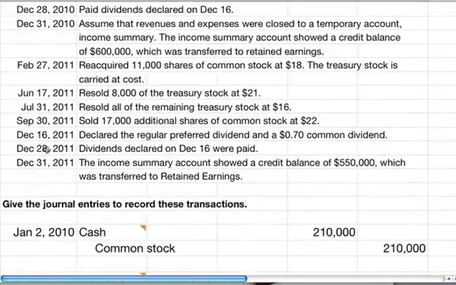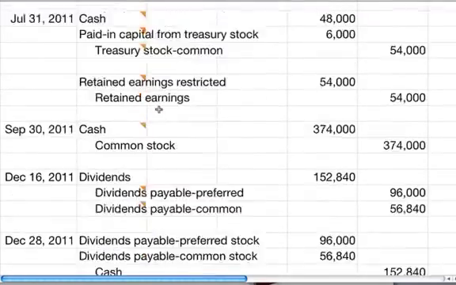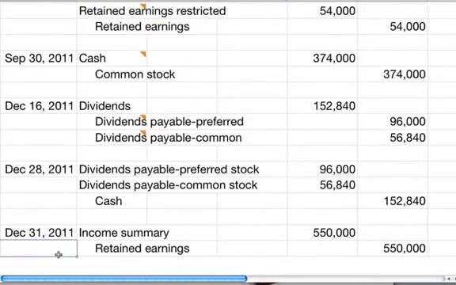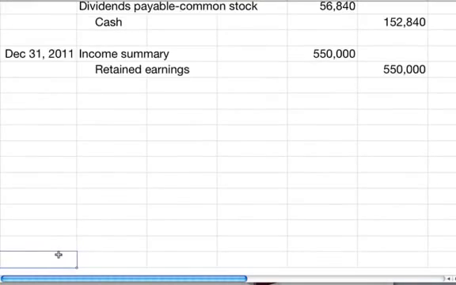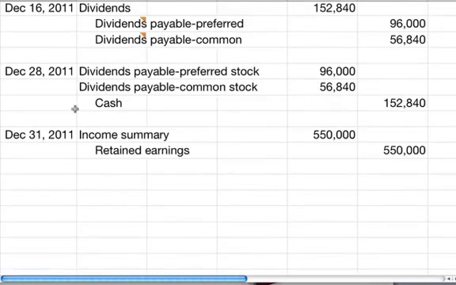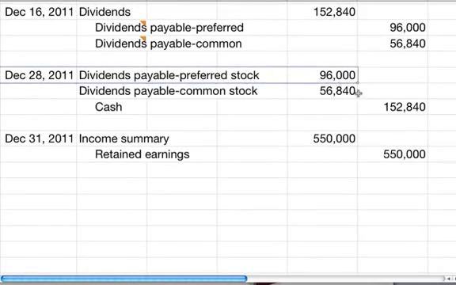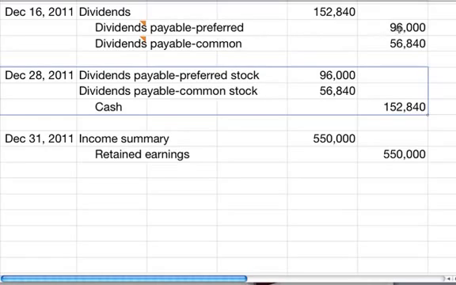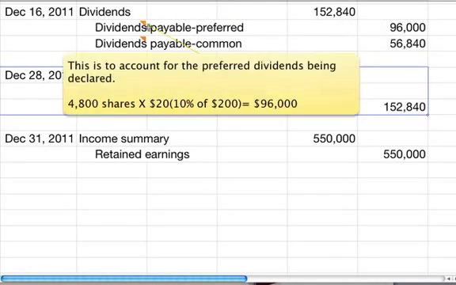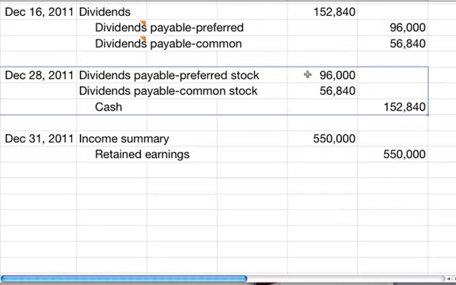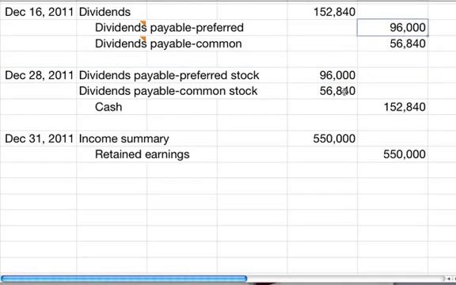And then on December 28th, the dividends that were declared were paid. I'm going to just, there we go, now you can see this. So these were paid, so you've got the $96,000 that was credited to payable, now it's paid, so you debit it to take it away from payable, 96 and 96, 56,840, 56,840, and the amount that you're paying out in cash is